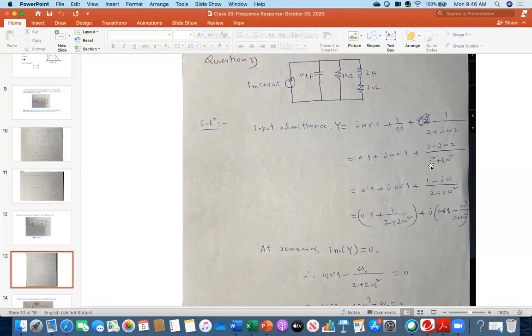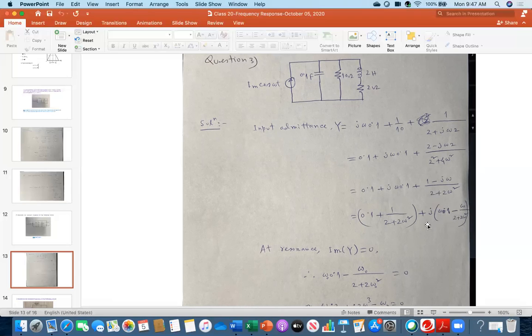And then I got this one, the denominator, and in the numerator, 2 minus j omega 2. And then after that, because 2 is the common factor, I am taking 2 common and 2 cancels. Therefore, 1 minus j omega, and the denominator 2 plus 2 omega squared. And then here I am organizing, arranging, because 0.1 is a real number. Here I can say 1 over 2 plus omega square is a real number. That I am writing in one parenthesis. And then this j, and then definitely this j, this is the imaginary part.